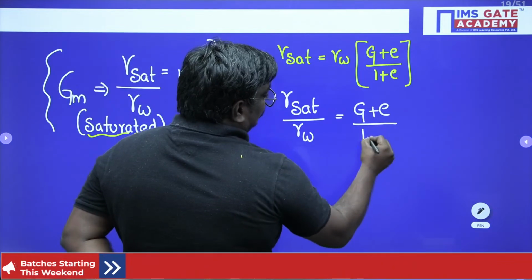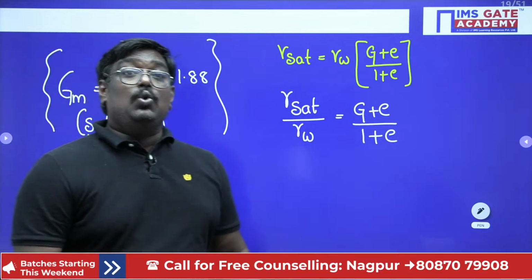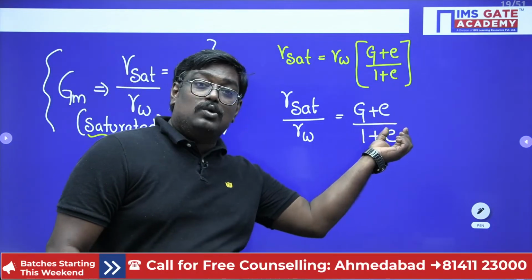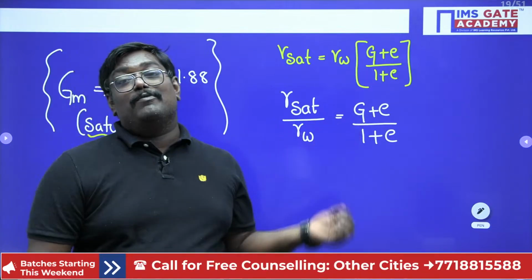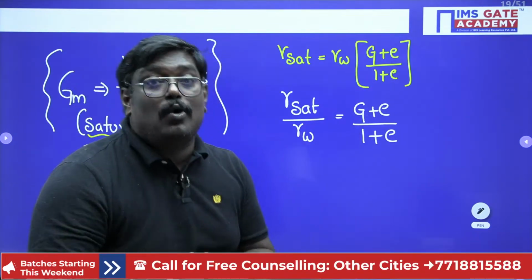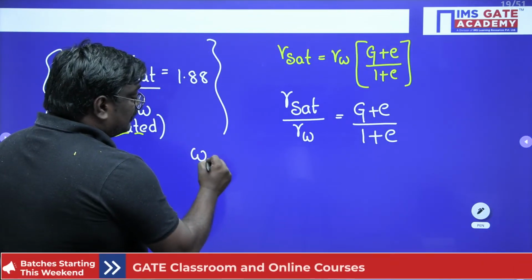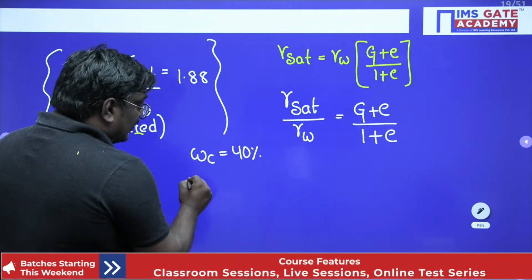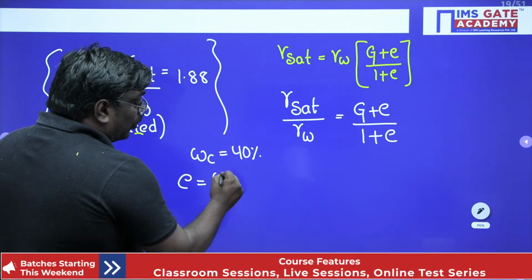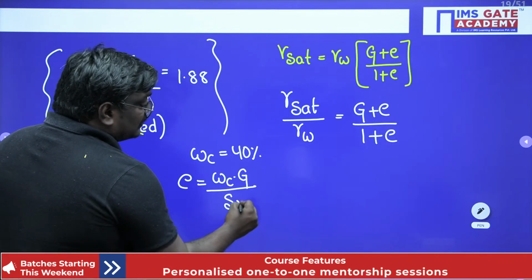My dear students, here we have two unknowns. What are the two unknowns? One is the void ratio and the other is the specific gravity. But you have only one equation. So how can you overcome this? They have given the water content as 40 percent. So from the relation e is equal to w G upon S_r,